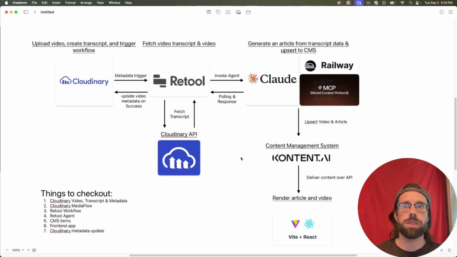my front-end application. So in Retool, I do need to use the Cloudinary API to fetch the transcripts data, and in Retool, we'll also clean that data to make sure I'm not wasting LLM tokens or requests or processing power on some metadata that I don't actually need for creating the draft of the article. So this is the general flow here, and we'll start jumping into each of these nodes and take a closer